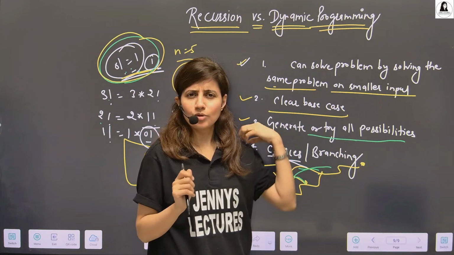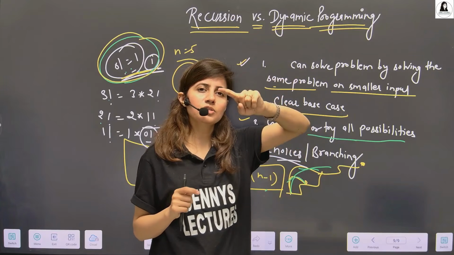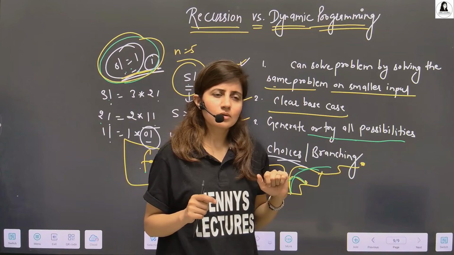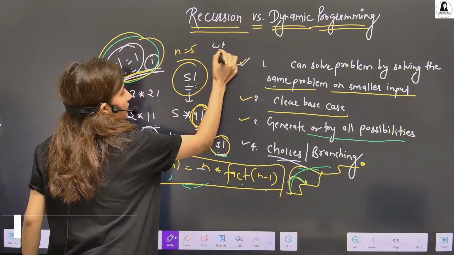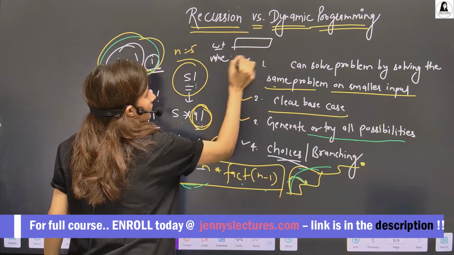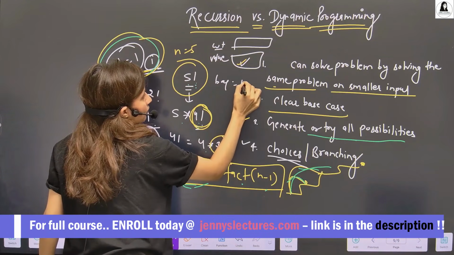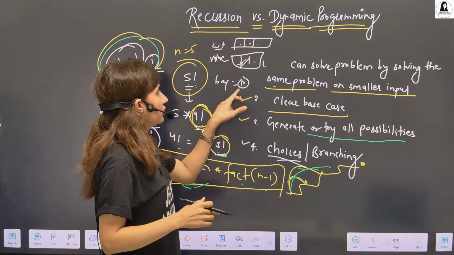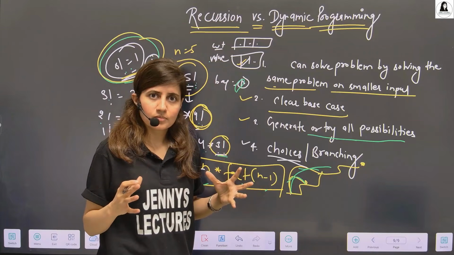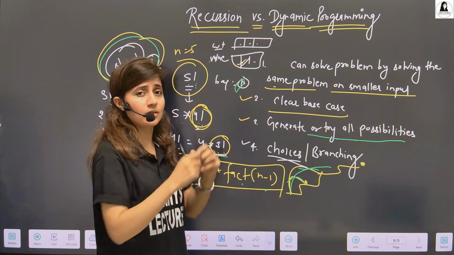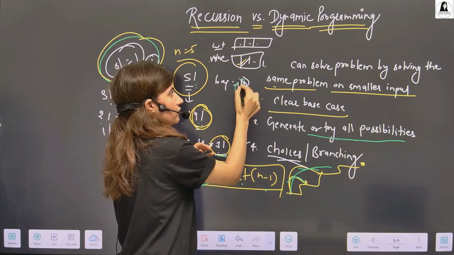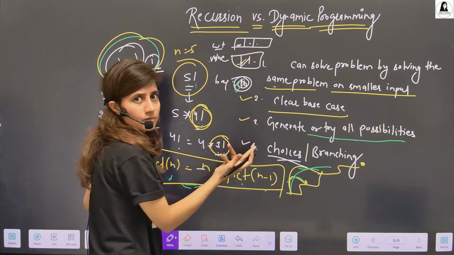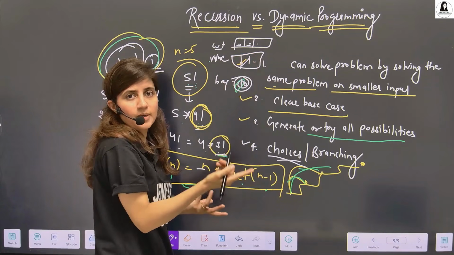Like I think you remember in greedy, when we were discussing the greedy approach, we saw the fractional knapsack problem. The knapsack problem was what? You will be given some items having weight and value or profit, and you will be given a bag having some capacity, suppose 10, and you have to choose the items such that you get maximum profit. But whatever items you choose, the total weight of those items does not exceed the bag capacity. So you have choices here. You can take this item or not. For the second item, you will check whether you can take it or not. It depends.